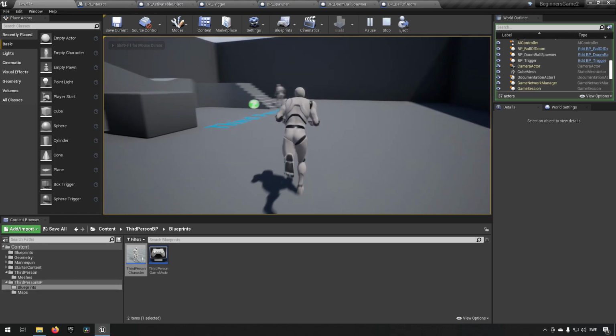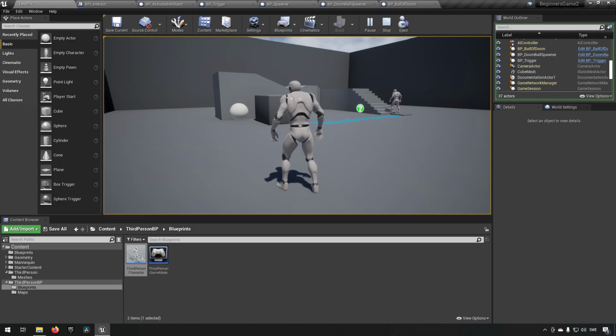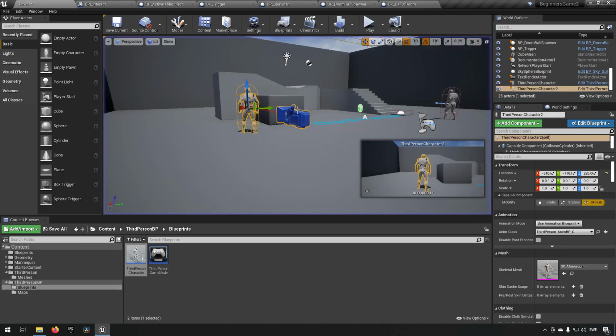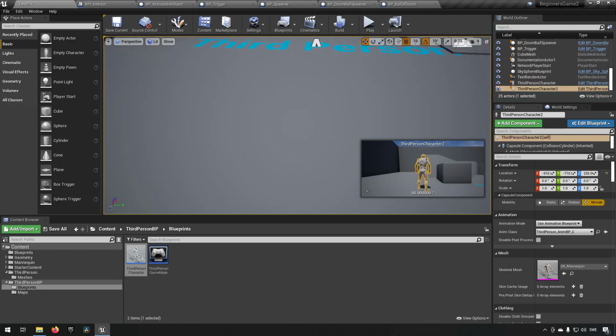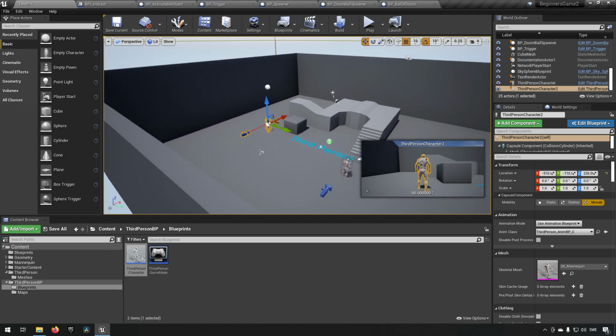And now we're this character. So the basic concept is in place now. So now let's build upon this further. Now the way I imagine this is